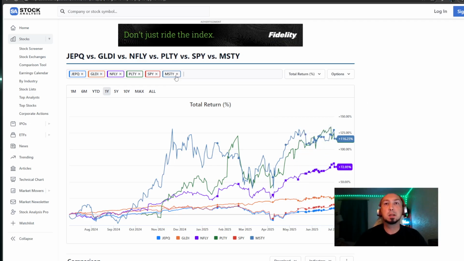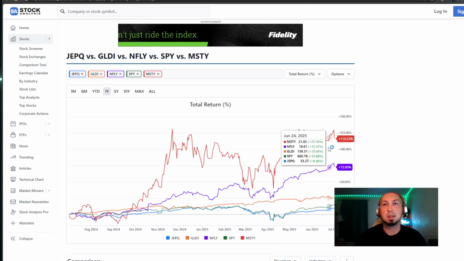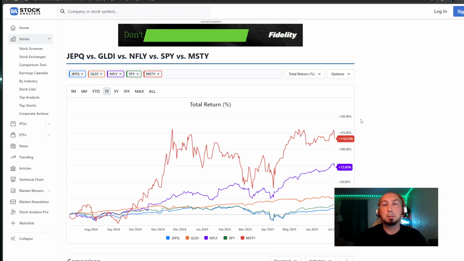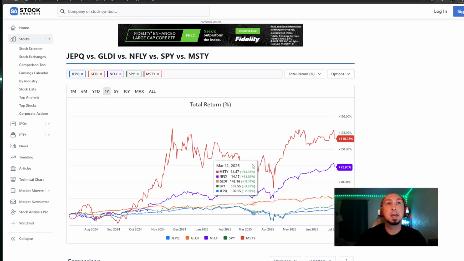But look at this. Let's take out, well, Palantir did so great this last year too, right? I mean, we're not shocked that the high yield ETF type of stock share here did very well. I mean, we can take that one out just to help us see the chart. MicroStrategy's MSTY was up and down. Of course, that's going to follow Bitcoin nearly exclusively, right? So as Bitcoin moves, so will MicroStrategy, or Strategy, I think is all it's called now,